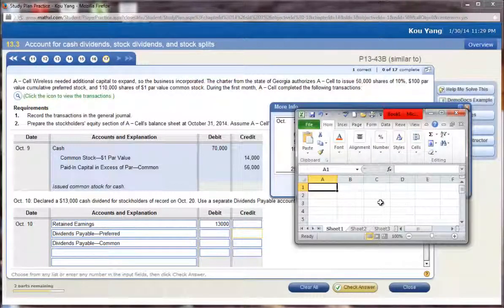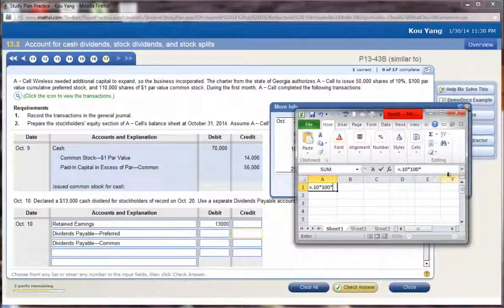So to be able to allocate this $13,000 dividend payout, I'm going to allocate to preferred first, and then the rest goes to common. So preferred is at 10%, so I'm going to take 10% times $100 times,